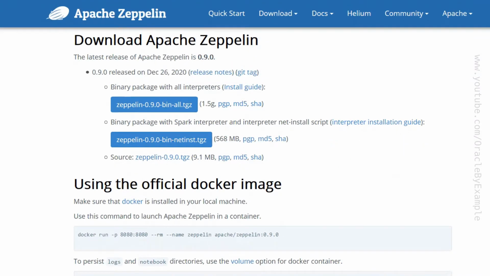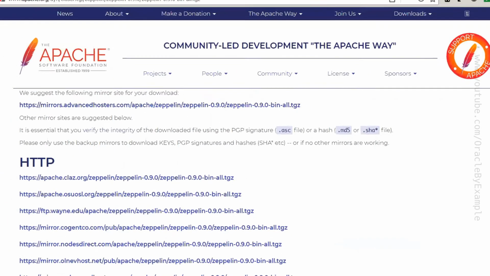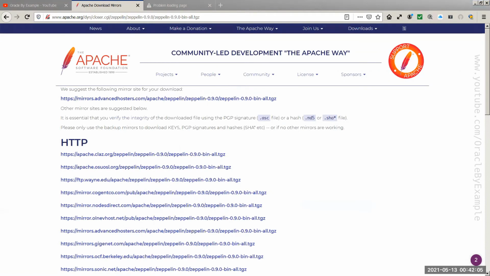As you can see here, most recent version of Apache Zeppelin was released in December 2020. I will click on this button. As you can see here, we have several mirrors where we can download this software from.